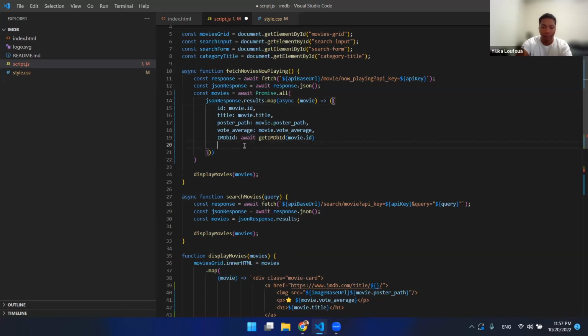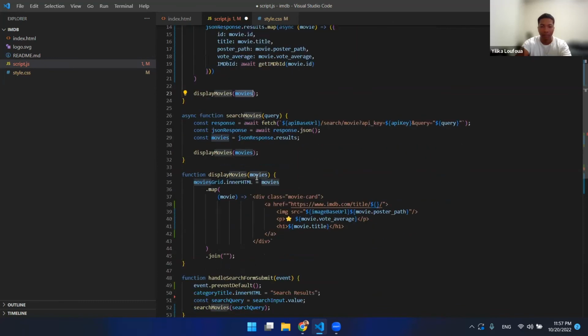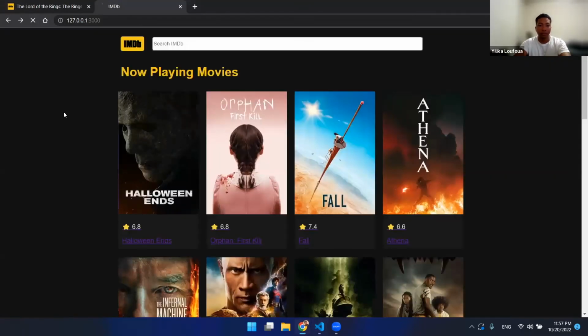So with all that, these movies will now basically be an array of these objects. So now they're going to be passed into this function, and passing in here, we'll also access the movie data's ID. So now going back in here,